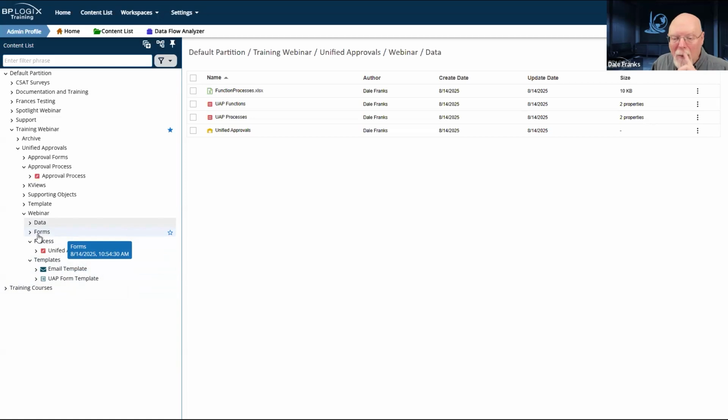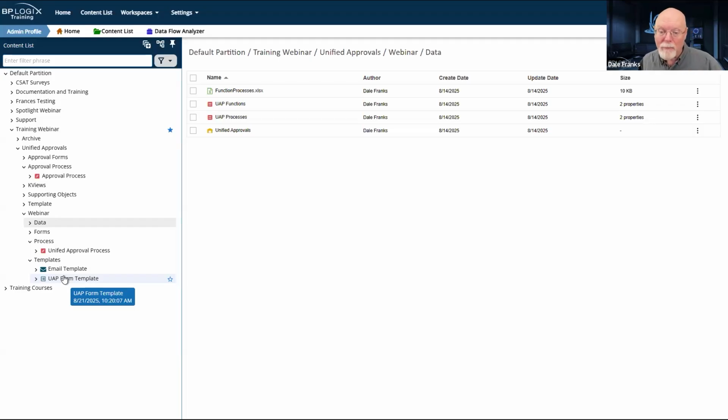So wherever I place an object inside this webinar folder at the moment, that's my parent folder. Anytime I place an object in this folder, it has to be in the exact same relative location so that if I have to make a link to it, I know where that object is.